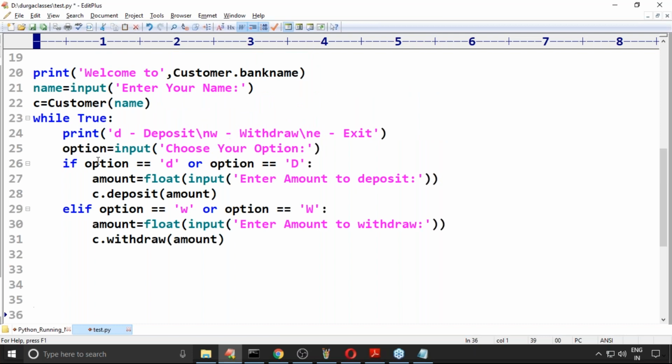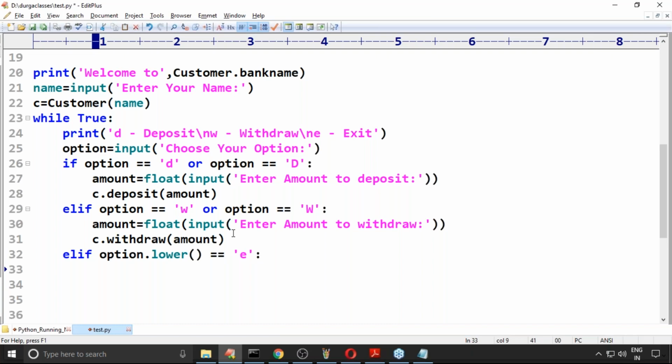Now what is my next thing? Elif option is equal to E. Option.lower is equal to E, can I use this one, either small e or capital E?